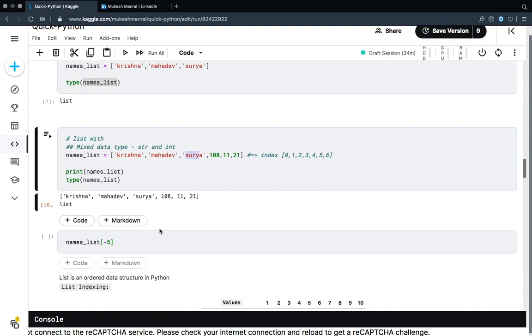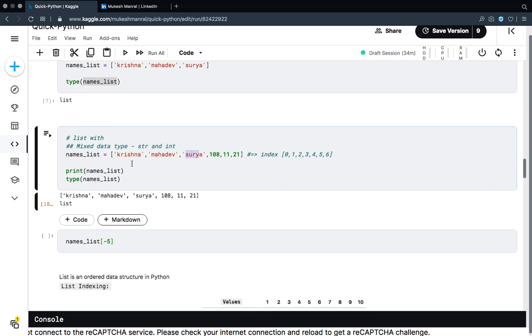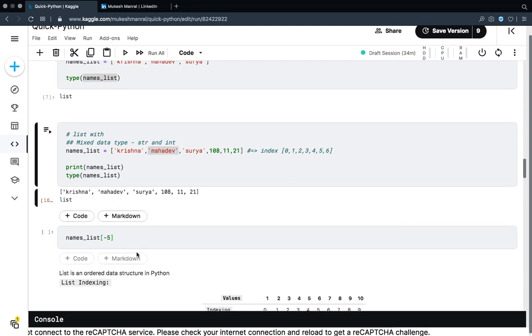Then I said list is ordered. Ordered means, if I print this names list, though it does not have all the names, see, it is not forgetting the order. Krishna was at the first place, Mahadev was at the second place, and they stay there by themselves. That's why we say lists are ordered in Python. So why do we need indexing? Now inside list